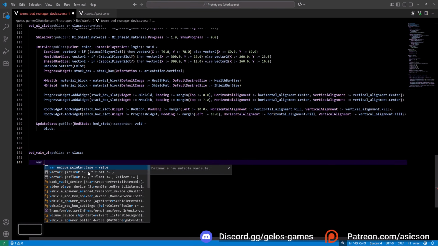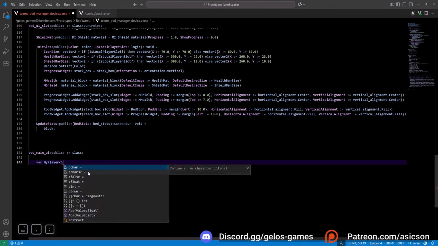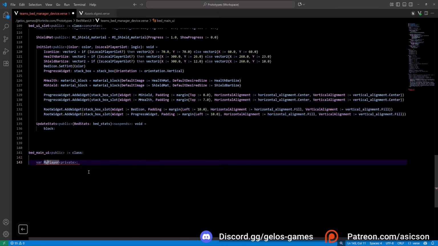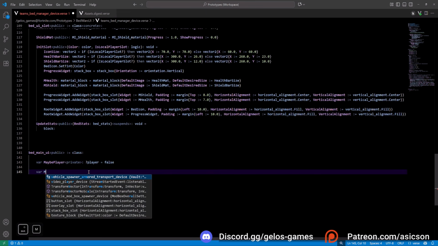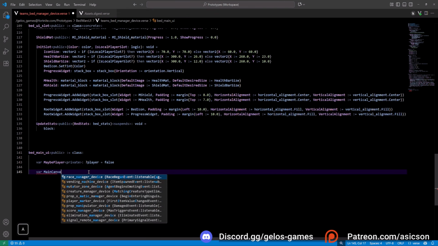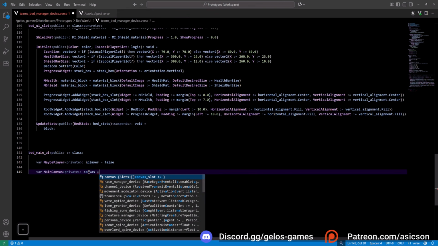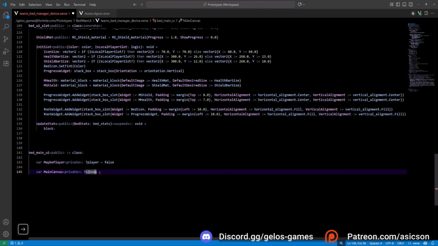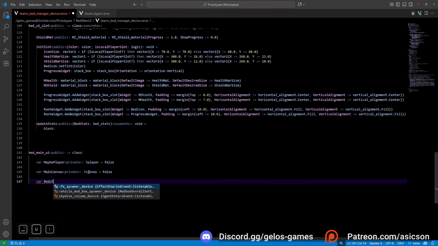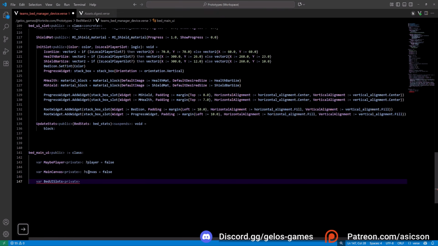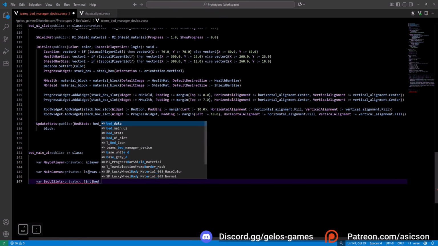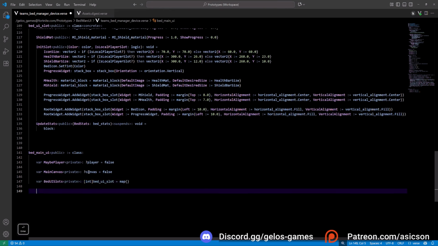where we need, let's call it my player. Or actually, let's call it maybe a player, because this is optional. And this will be our main canvas. It's as well optional. This is where our slots will be. Map, so integer, and it will be bet UI, and create play UI